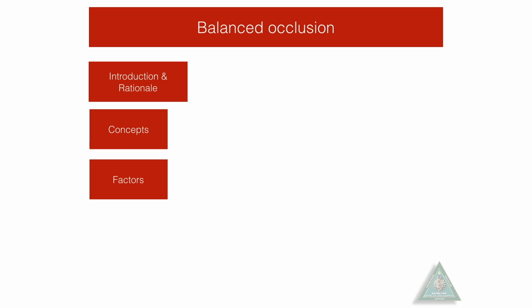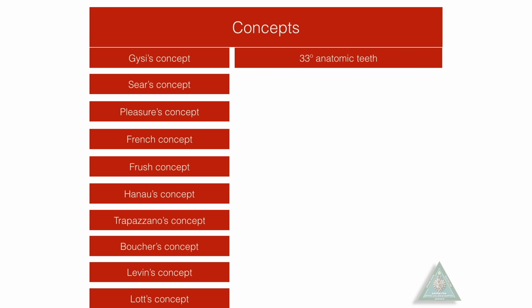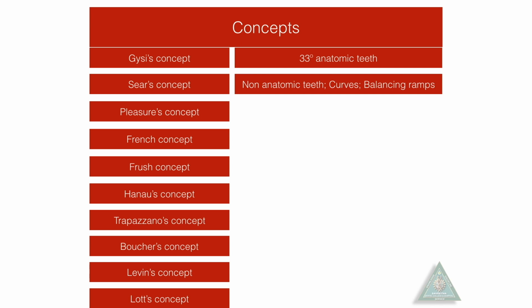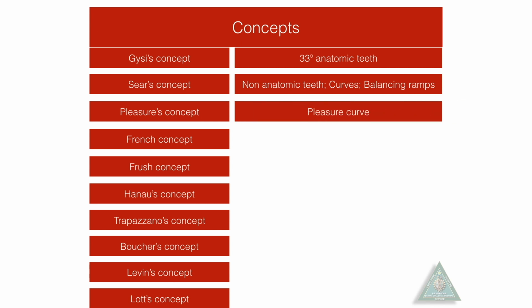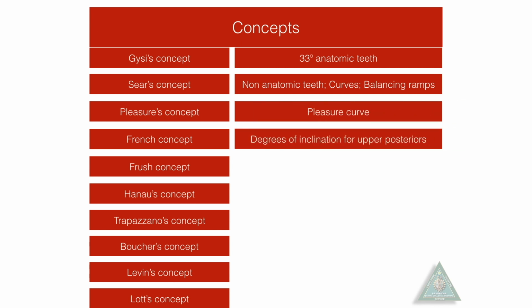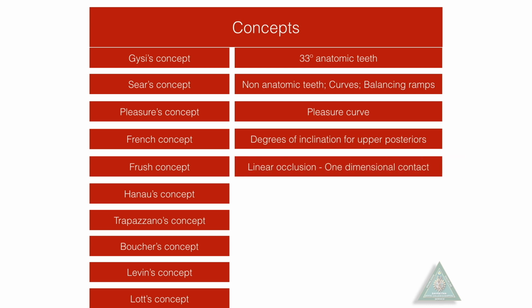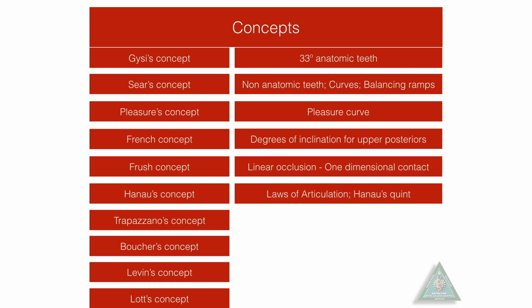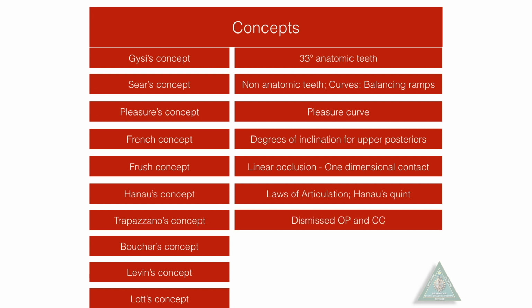So let's see the various concepts proposed by various people to achieve balanced occlusion. So there is Gysi's concept. He preferred the use of 33-degree anatomic teeth. Sears wanted occlusal trims. Pleasure gave the Pleasure curve. And French suggested various degrees of inclination, 5 degrees for premolars, 10 degrees for first molars and such. Fresh gave a one-point contact of tooth. Hanau gave the Hanau quint, which is considered the gold standard, five factors for balanced occlusion. The later four concepts, Trapozzano, Boucher, Levin and Lotz, are simply a reiteration of Hanau's